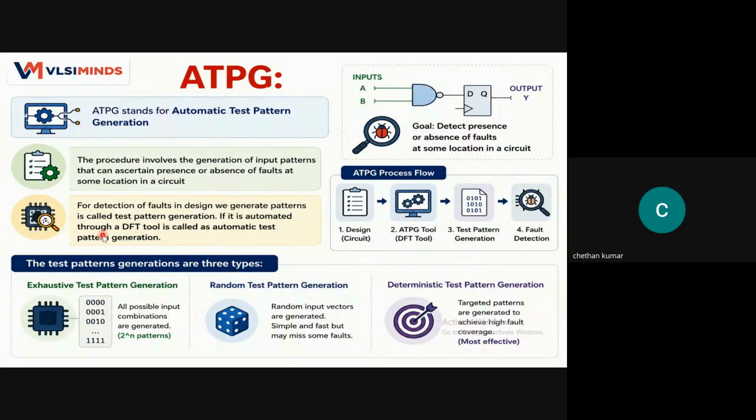Okay. So there are different types of test patterns. Usually in the industry, we use deterministic test pattern generation, while exhaustive test pattern generation and random test pattern generation are very rarely used. Exhaustive test pattern generation is nothing but all possible inputs. As I mentioned, for 2 inputs, we give all four